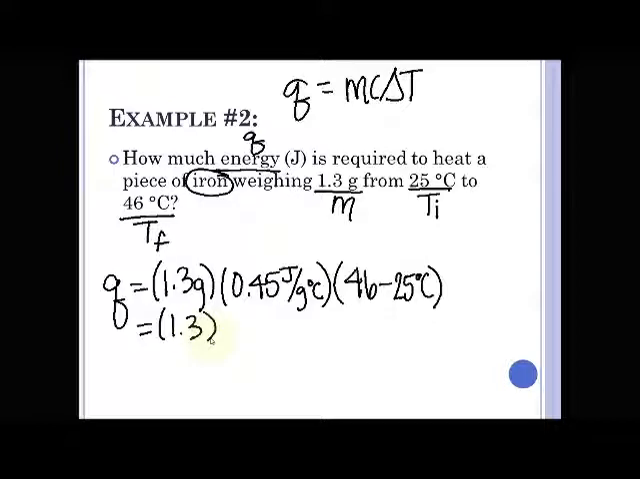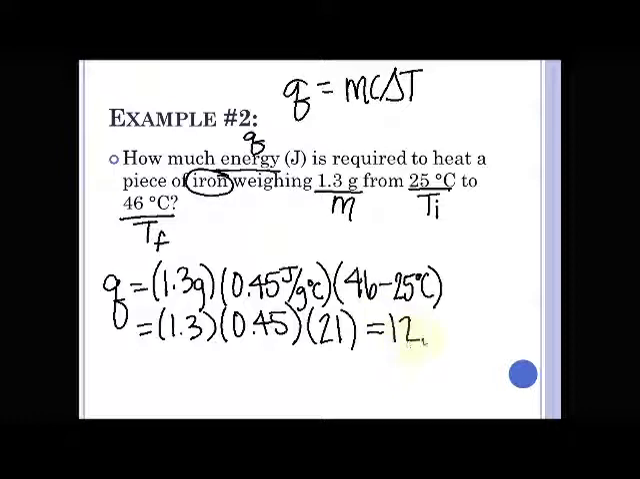I'm going to omit the units. When you take 46 minus 25, you should get 21 degrees Celsius. So our change in temperature is 21. So now we can solve. Take 21 times 0.45 times 1.3, and you should get